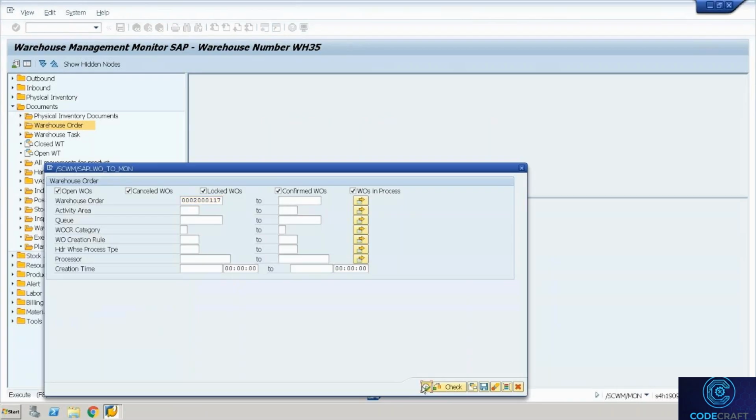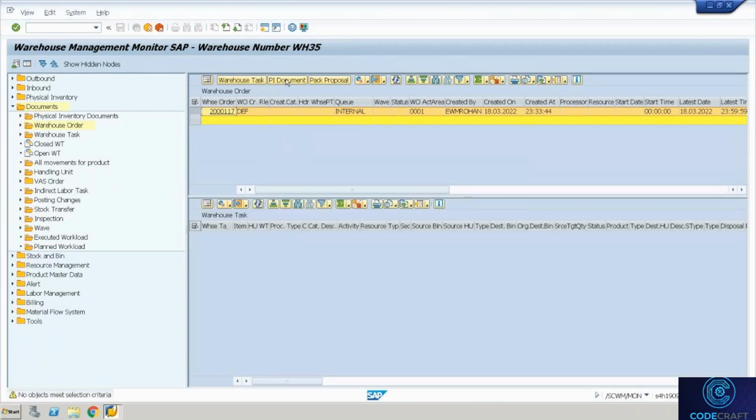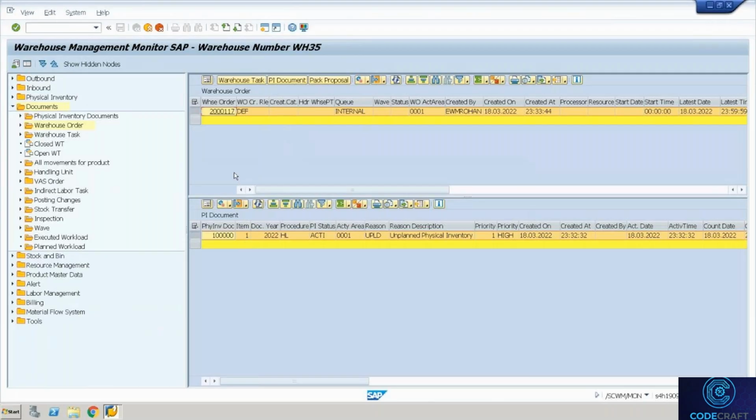So normally when you click a warehouse order, you will see a warehouse task, but you don't see a task here. You will see a PI document. Okay. So an order can consist of tasks or a PI document. Please make a note. Okay. So the queue internal is assigned. Let's make sure our resource is assigned to queue internal, and then let us go and